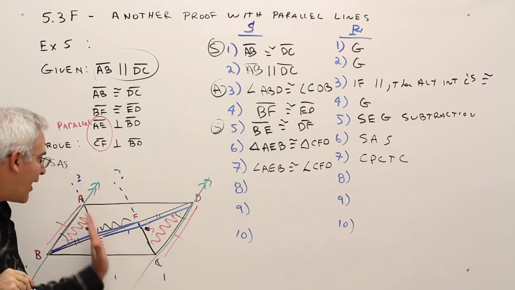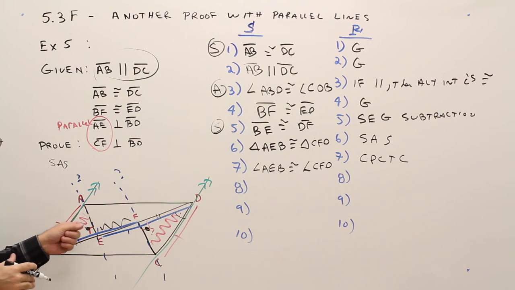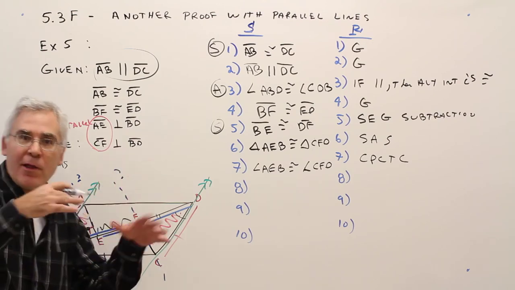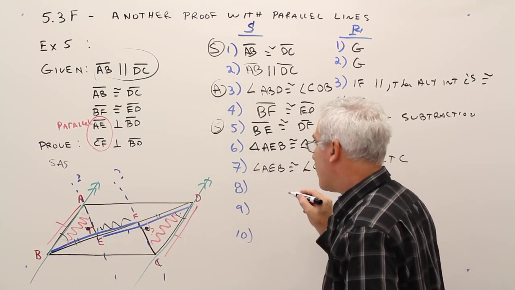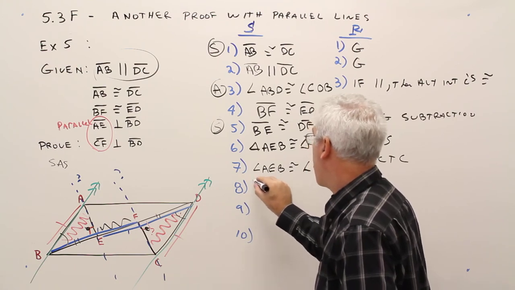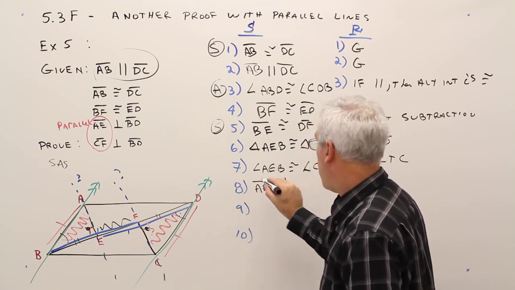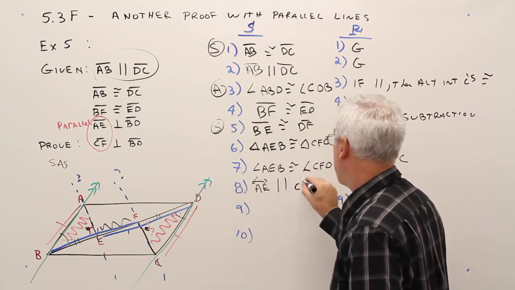One other way to do it would be to say these angles are congruent, so if perpendicular then right, and then the right angles. But I want to try to use this theorem. So from that statement, I'm going to say line AE is parallel to line CF